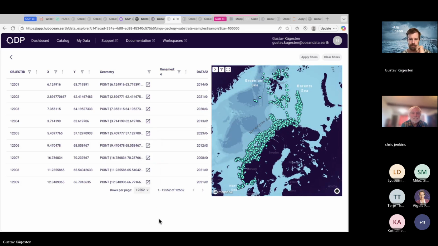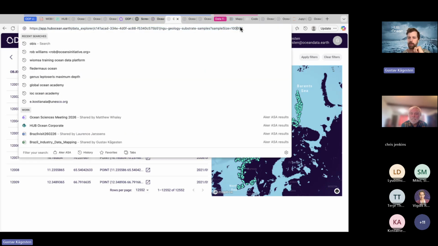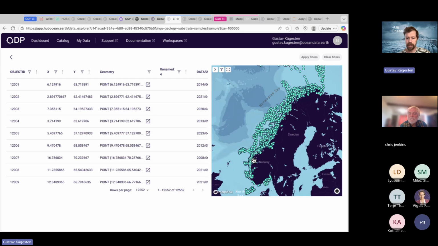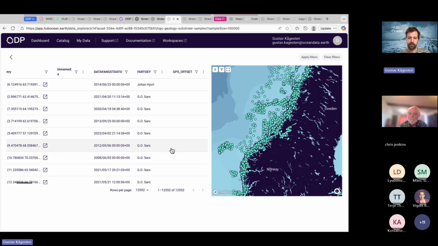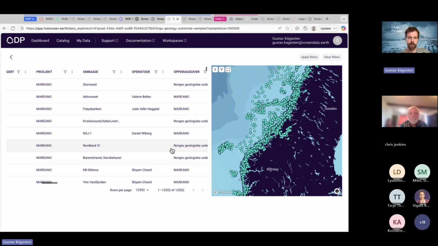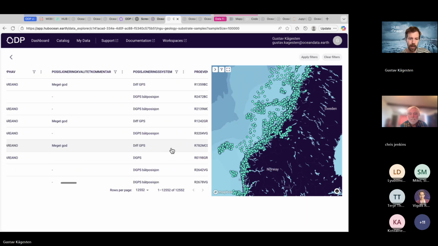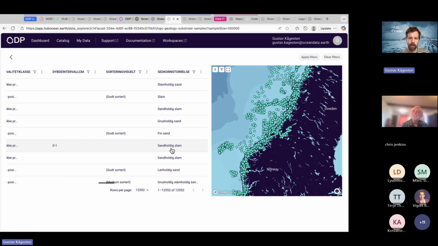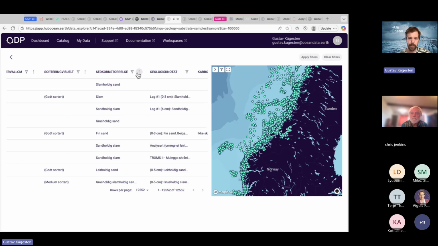I'm now pulling a little trick, which I think we'll probably make available for everyone soon, where we can view more than the 1,000 points you generically get. So here I'm viewing the 12,500 points inside that data that was shared. And we can have some fun with it. We could filter it, of course, based on anything we want. But let's give it some color that makes sense to us all. Look here, this is sediment grain size.